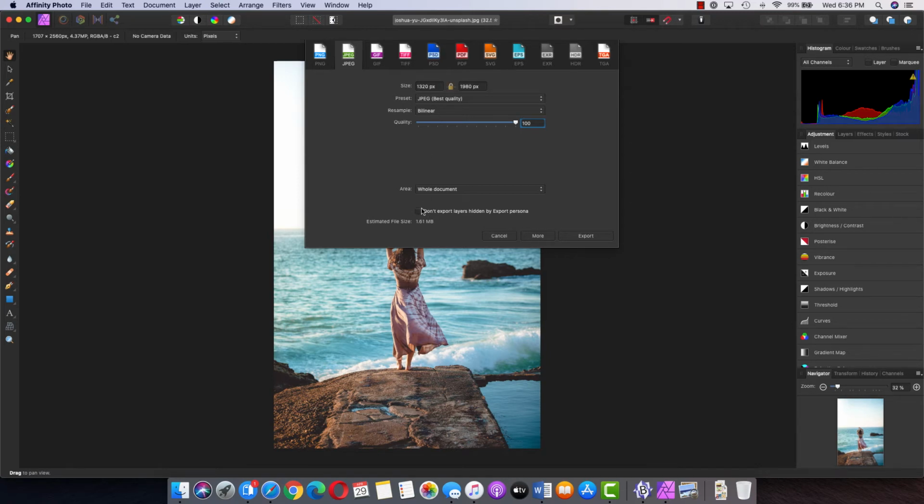As soon as I have done that, you see there is some change in the estimated file size. Now it has become 1.61 MB. But that is still not sufficient. So what else do we need to change? The second option is preset. It comes with a lot of preset options: JPG best quality, high quality, medium and low, and if you change all of those, you see the sizes are changing. And as soon as we have made it 85, you can see that the size has reduced drastically.